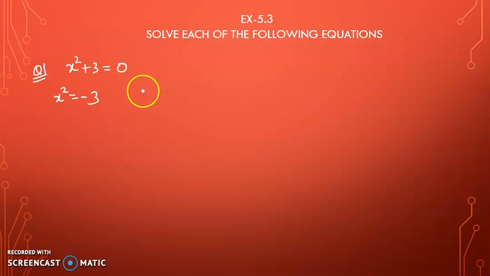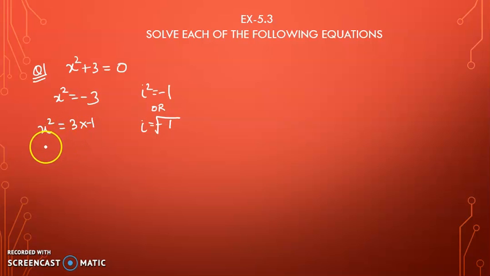And students, I told you i square is equal to minus 1 in the first video itself. When I started the complex numbers in the intro part only, I explained all this. Right, i is equal to square root of minus 1, so don't forget this. So x square is equal to minus 3, right? I can write this as 3 into minus 1, so x square is equal to 3 into minus 1. No problem here, students? Are you following?